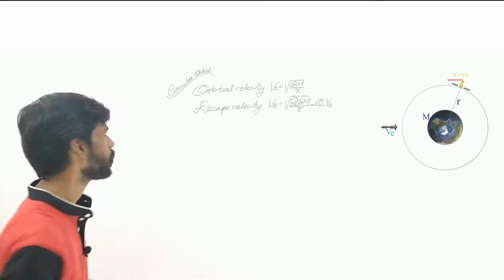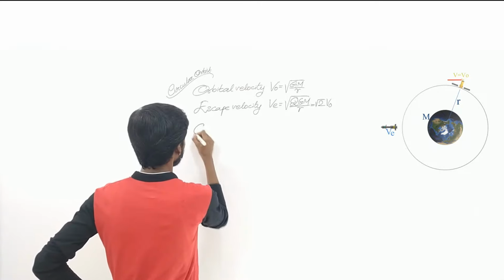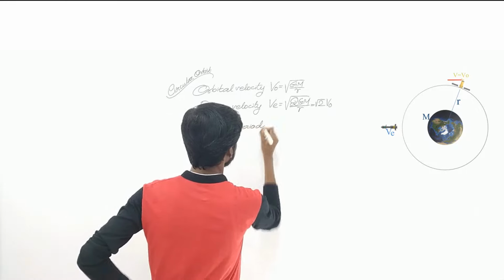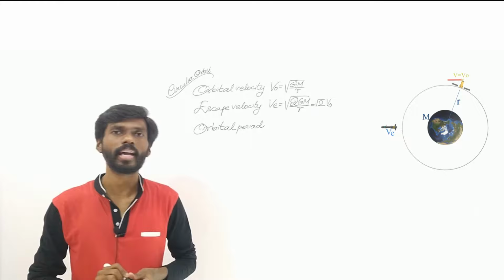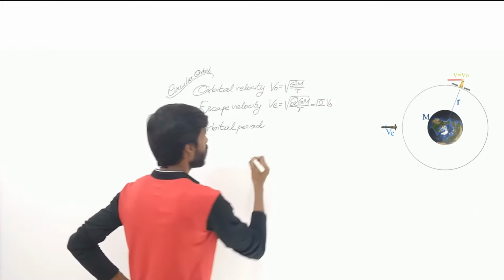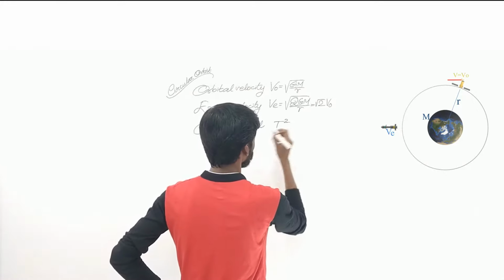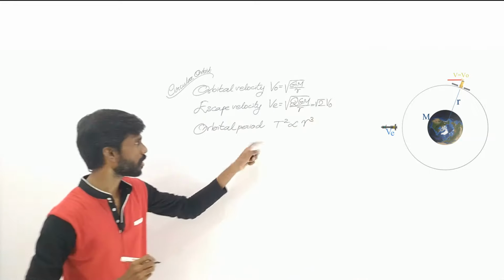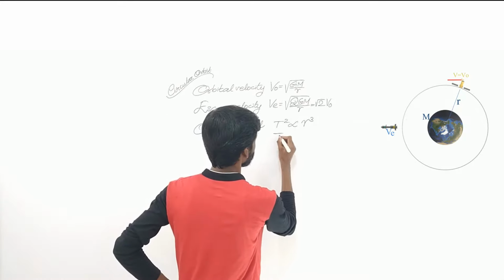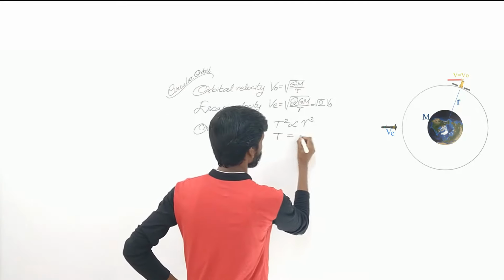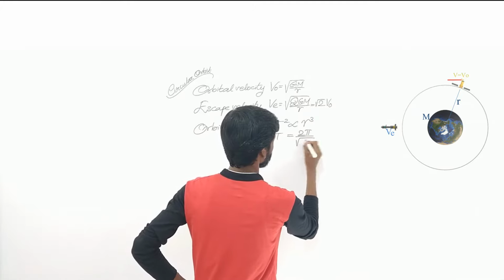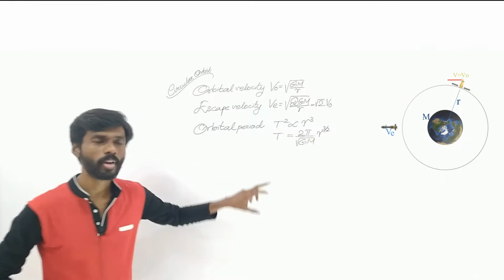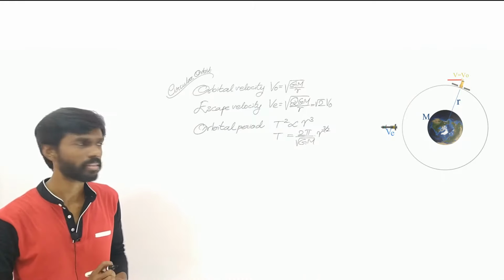Okay. Similarly, the next one is the orbital period. That is the time taken by the satellite to complete one circle around the planet. It has this formula: the square of the orbital period, T squared, is proportional to the cube of the orbital radius. We've also written one more formula if you remember: the time period T equals 2 pi divided by root GM multiplied by r to the power 3 by 2. We can use this formula to find the orbital period of a satellite